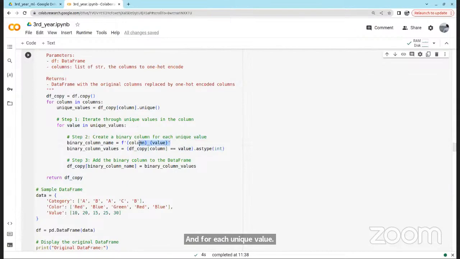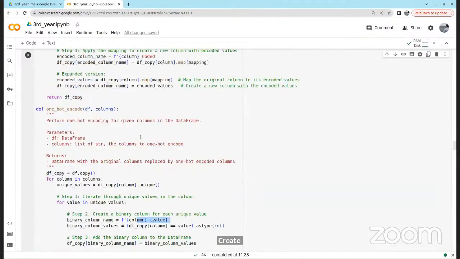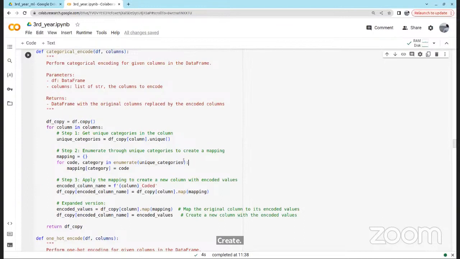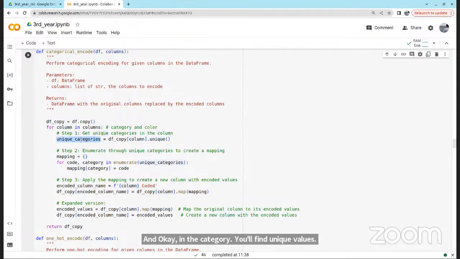Let's print this. Here you will run a loop over category and color. In the category, you will find unique values. Those unique categories will be here, and we'll create a dictionary, enumerating through the unique categories to create a mapping.